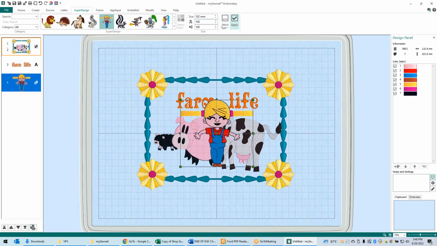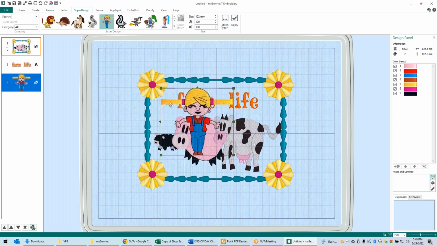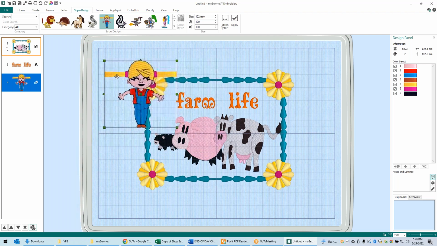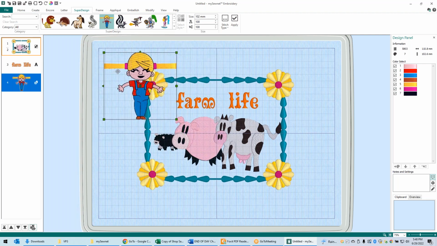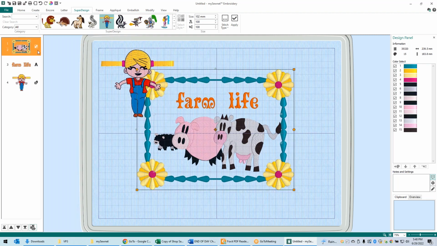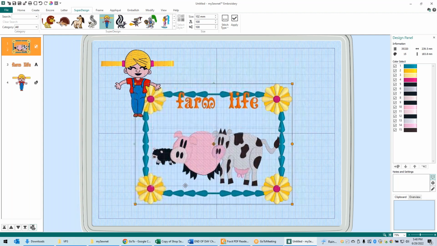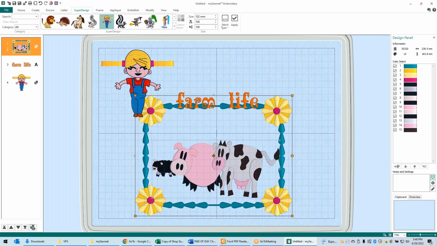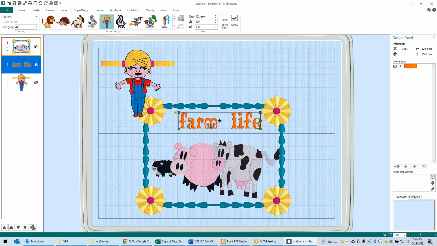And then when you do that, move the girl up and off and over to the left of the frame. Ready? Like so. I can see that my other group is quite large. So let's grab him and let's drag him down a little bit. So then, okay, get the farm life. Click on the farm life and then move that back down there. So we have room for our little farmer girl. Okay. Now,